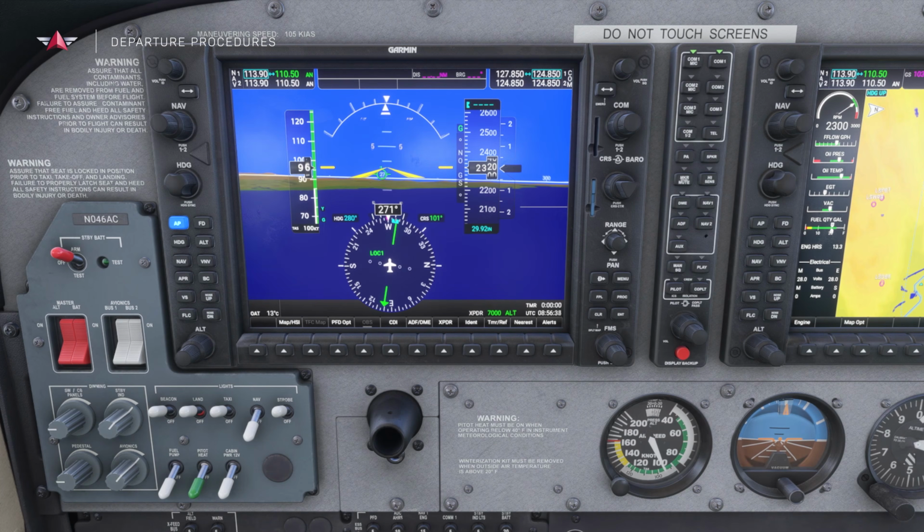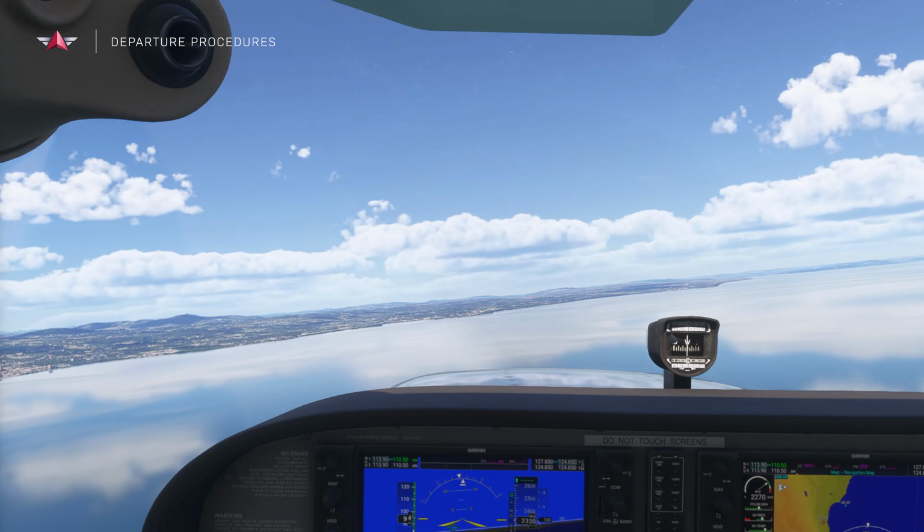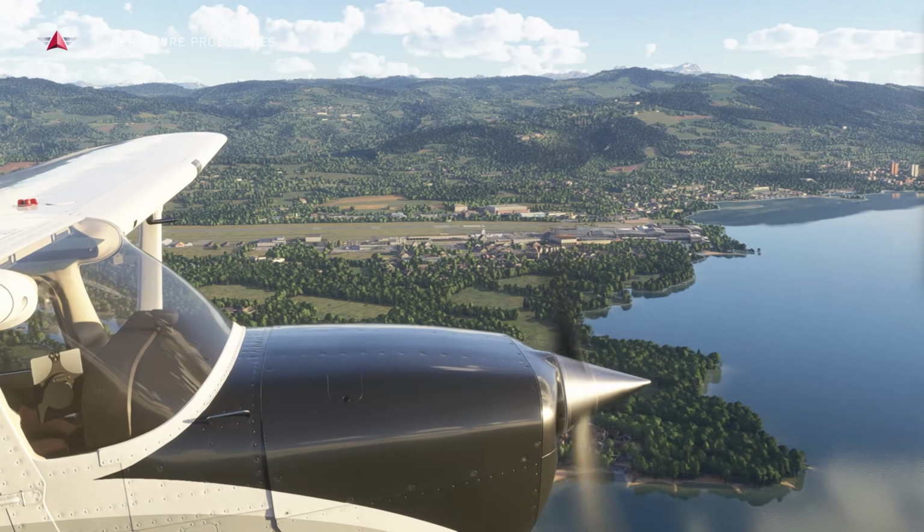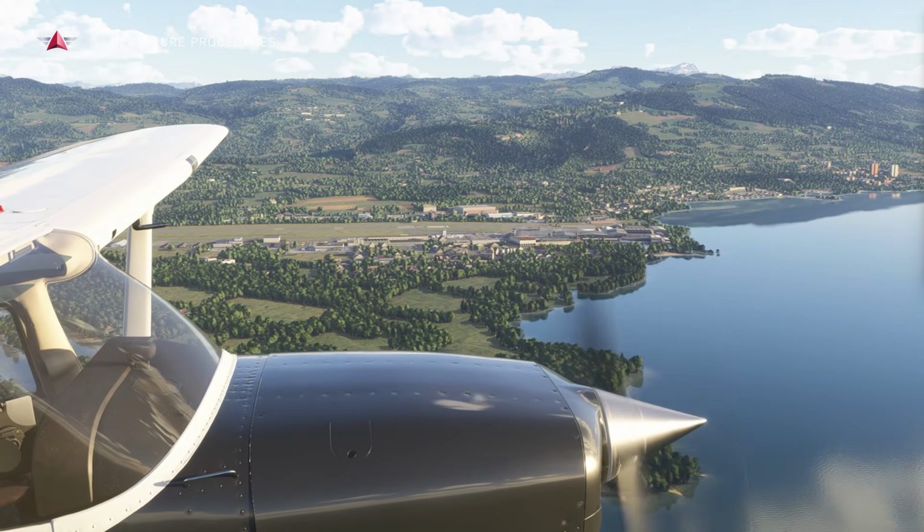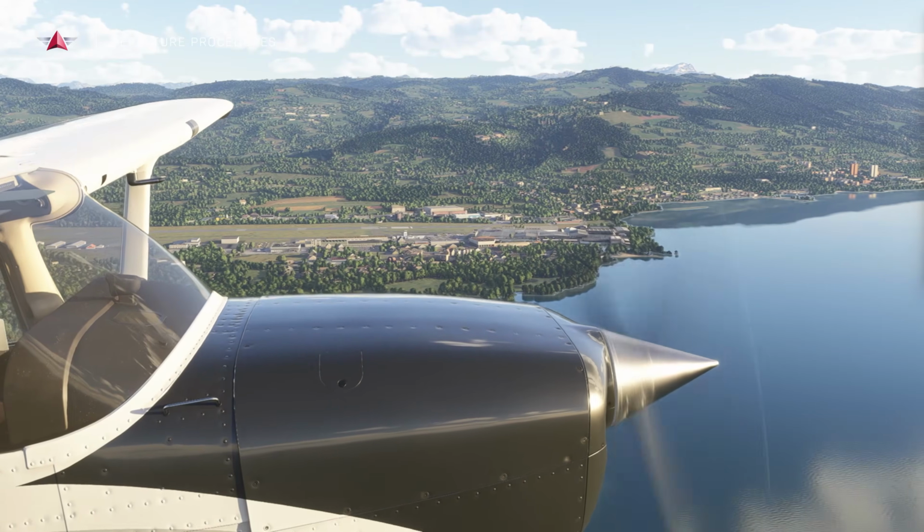Autopilot off. This ensures we are in full control of the aircraft. We continue flying towards our landmark, heading for the abeam point. And at that position, the approach will begin. But before we delve deeper into the approach, let's hear Jason explain how we expertly fly the climb out, the